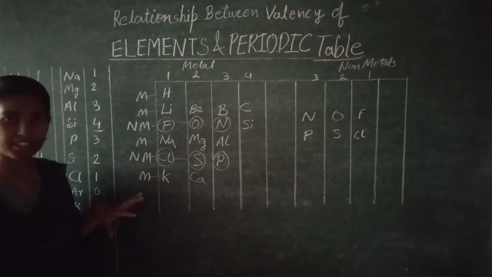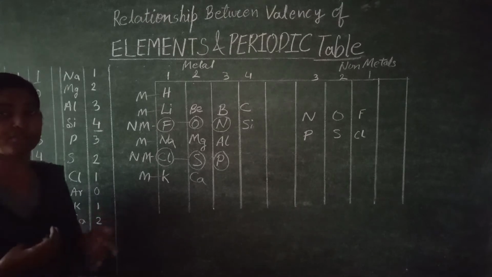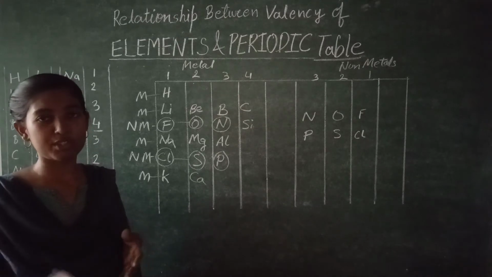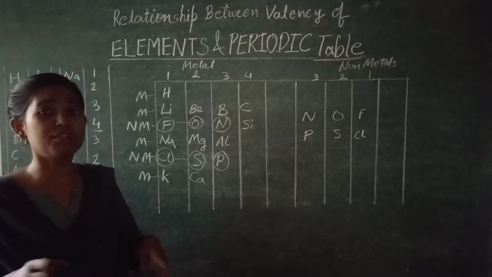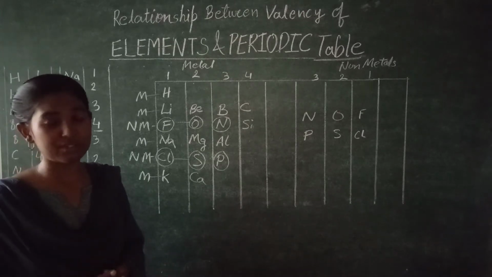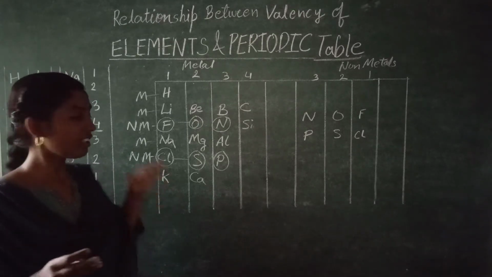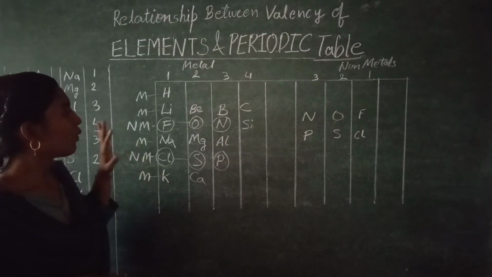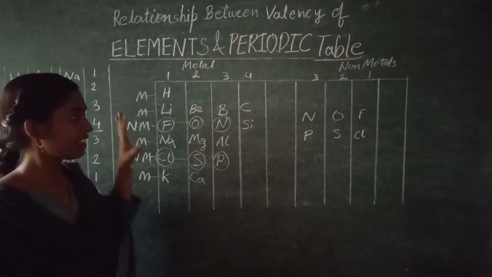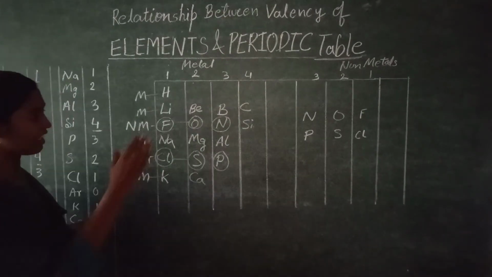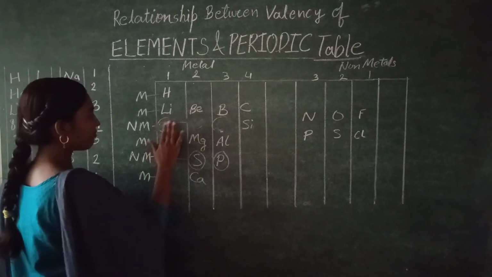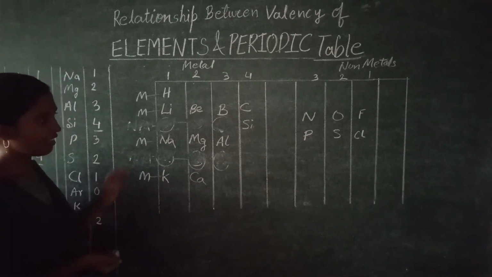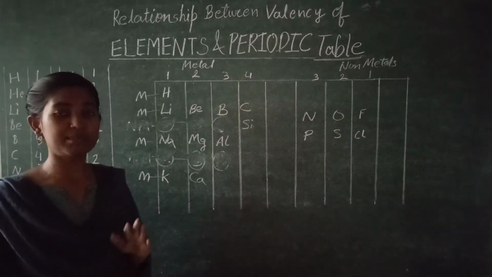So this is the arrangement set up by the scientists, because scientists try to arrange things in all the possible ways. In whichever way, they arrange and see in which way we can easily study all these things. So they arranged all the elements in this way, and they found that it is very easy to study like this. So in this way they formed a table. In this way they formed a table. They removed these elements from here, kept the non-metals separate, and they got a table, and this table is known as the periodic table.